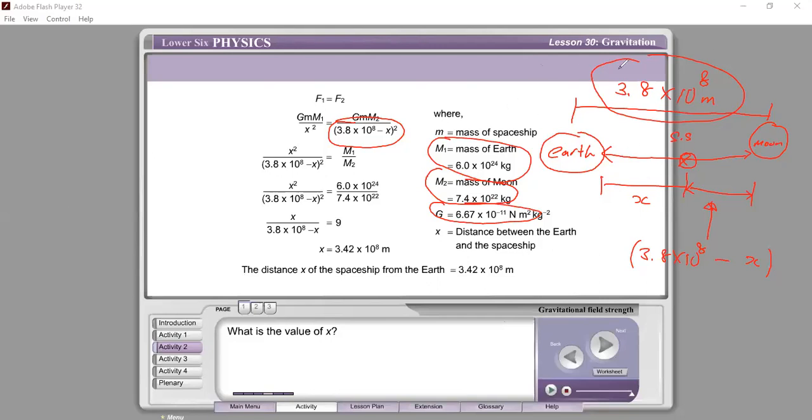Now, ladies and gentlemen, do you know that for the new KSSM, if you have a brother or sister, starting last year, Form 4 started last year, so this means they already learned this part. This will be one of the chapters in Form 4. So, ladies and gentlemen, let's move on. Let me clean the